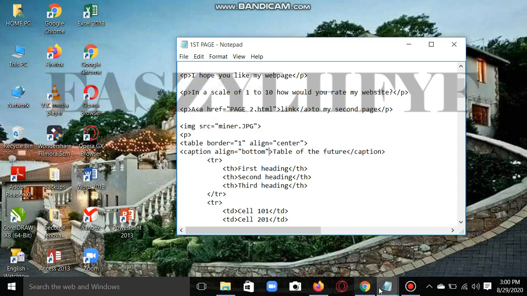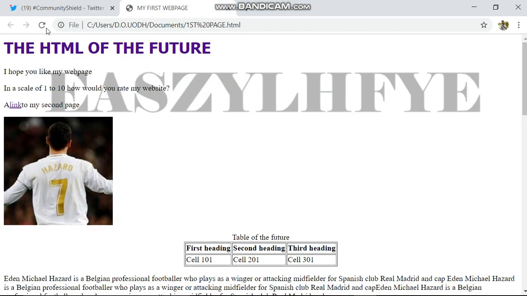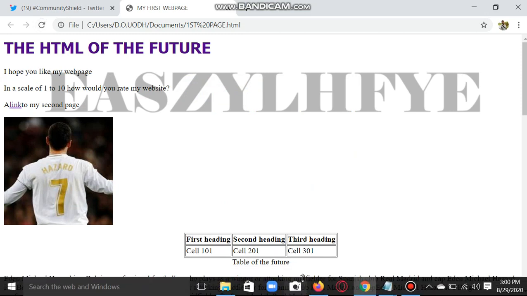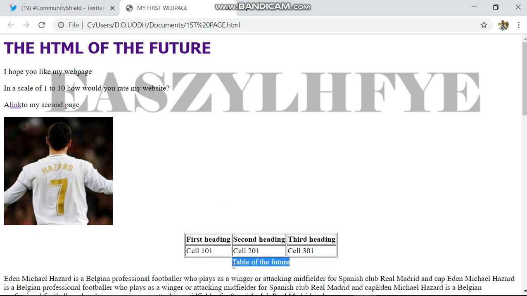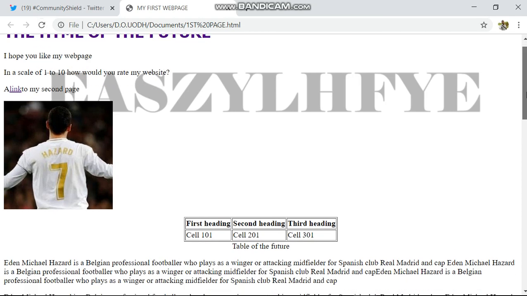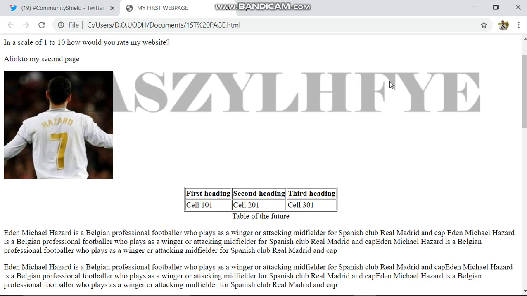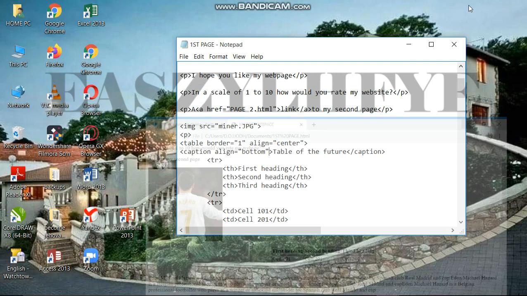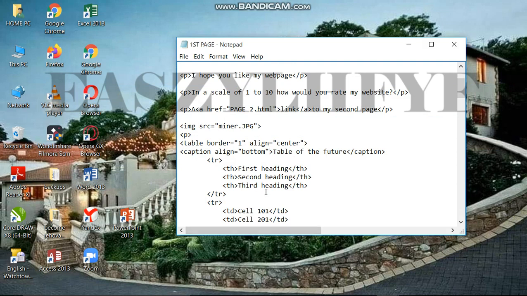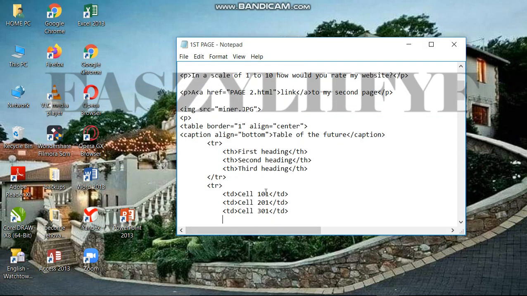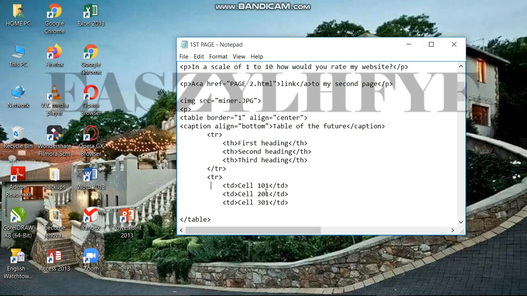Save this. Come back. You reload. You see the title is now at the bottom. So you can edit what's in here. And about the editing, now you can keep, let me make you understand, you add as many things as you can, just hitting my keyboard. If you save this,